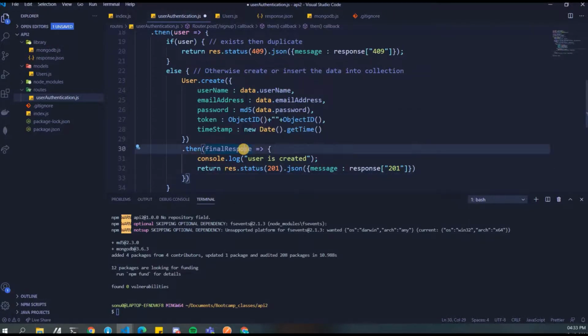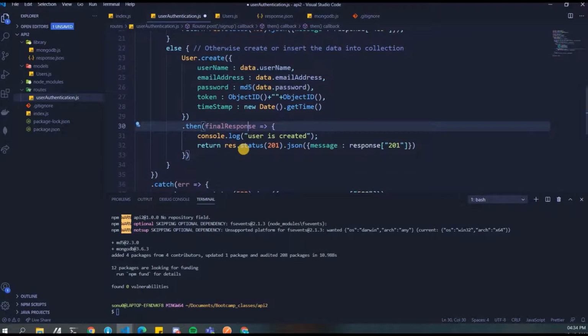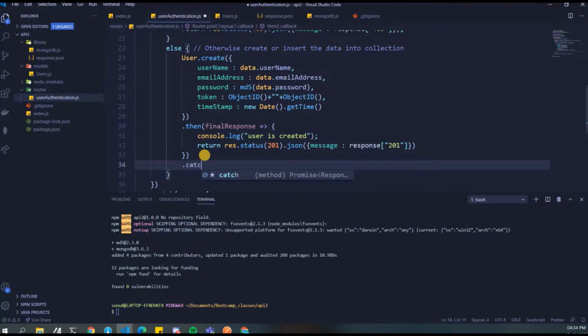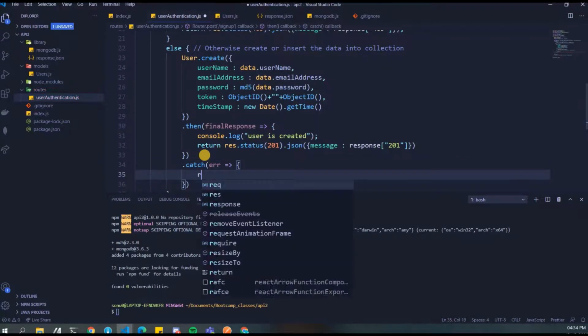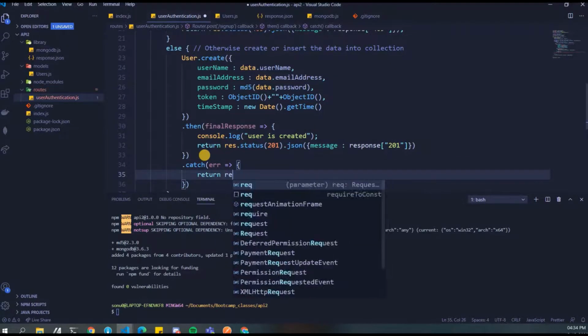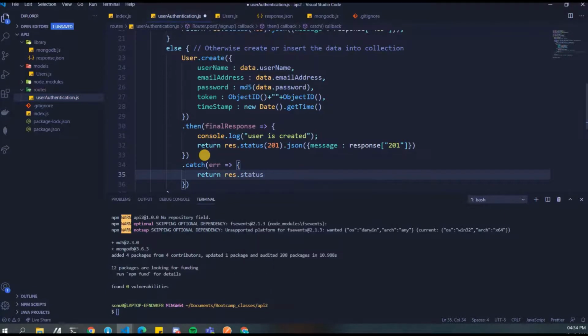Seriously? Yeah, because once you sign up, you don't have to send any data back. It will happen only when you are going to log in. So basically what I do is I also write a catch here so that all of my code is completely sanitized properly. There is no use of a catch here, but just for the sake of having it, so that you never miss a catch statement, I write everything in dot then dot catch blocks.